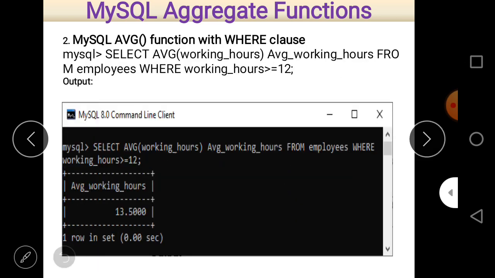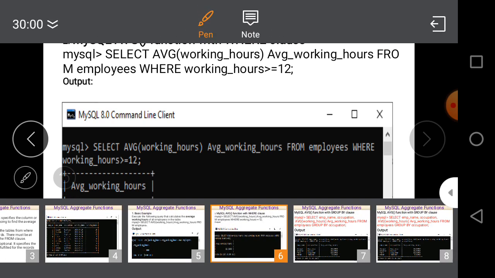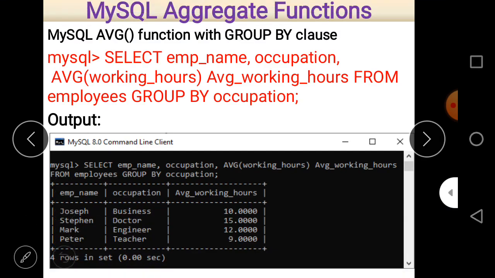Then this average is reflected here. And the second important thing is that when we take an average, the answer will always be a float value. That is occupation, that is average working hour, and that is employee name, because employee names are all given here with the select clause, with the select statement.